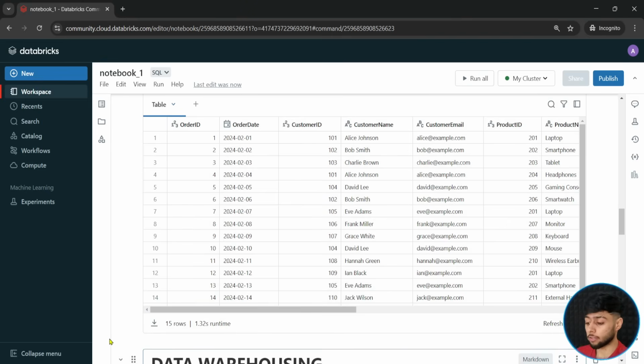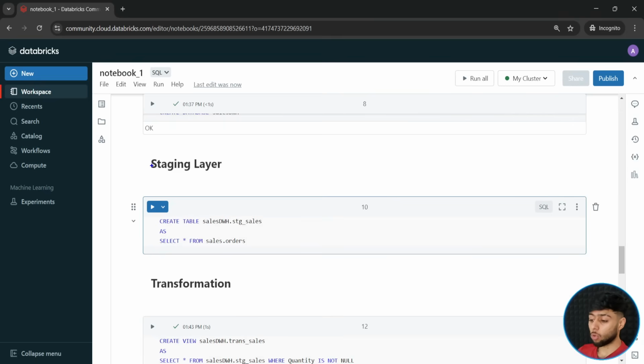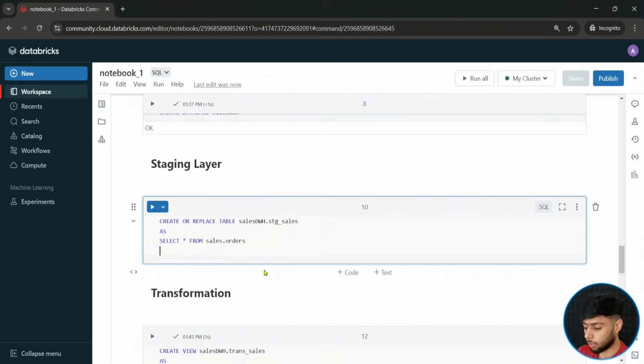Now what you want to achieve is to read just the 5 records instead of 10 records. So in order to achieve this, as we know, in this staging layer we just need to read the new records. How can we do that? We will simply use a command called create or replace table. Why? Because, as I mentioned, we need to truncate this table every time. So we are truncating the table every time we have new records, and we are using a predicate in our query which says where